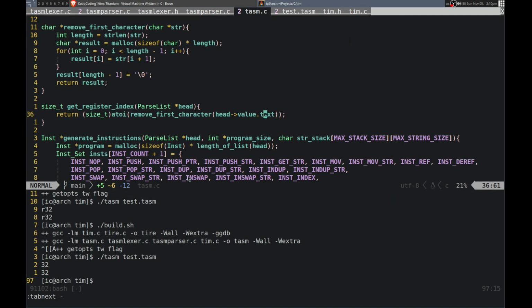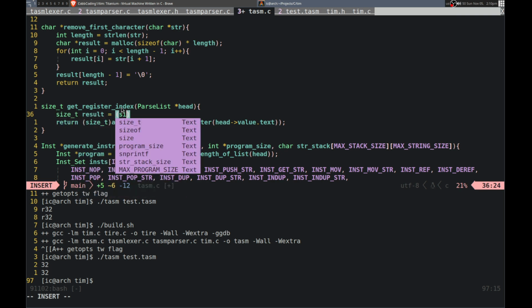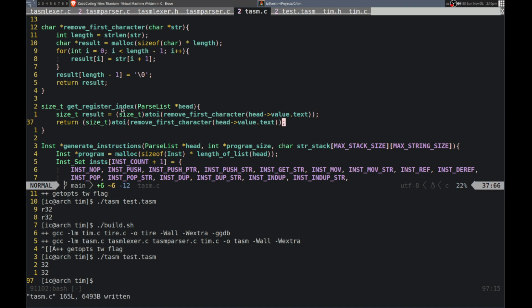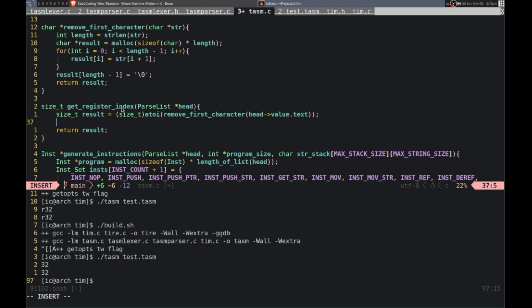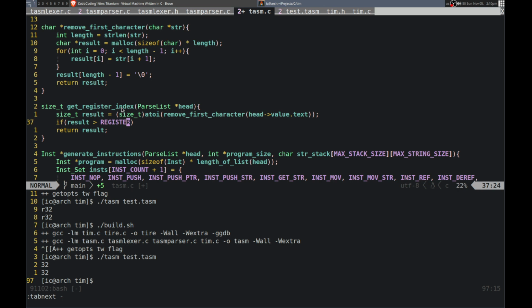Maybe we could check here. In here, we could do size_t result equals size_t, the remove first character of head value.text, like so. And here we'll just return result, but then we'll check that it is less than. So if result is greater than, so it is register, what is it called? Amount of registers. So if it is greater than amount of registers,